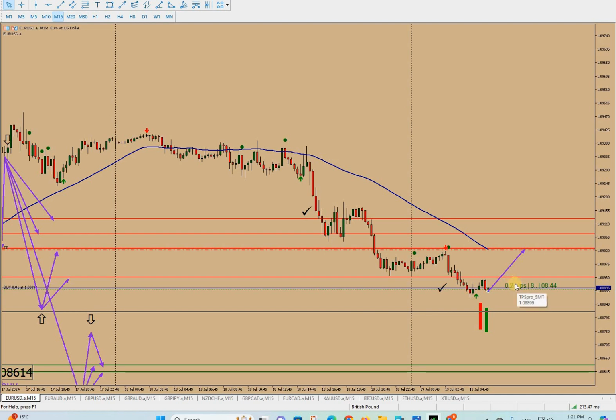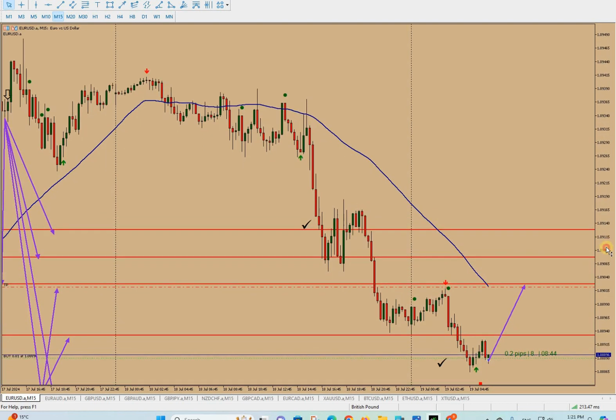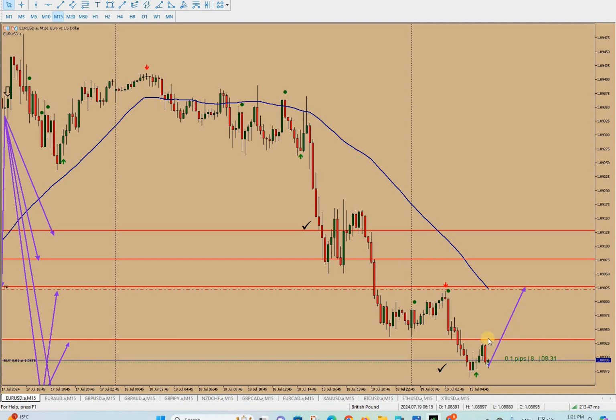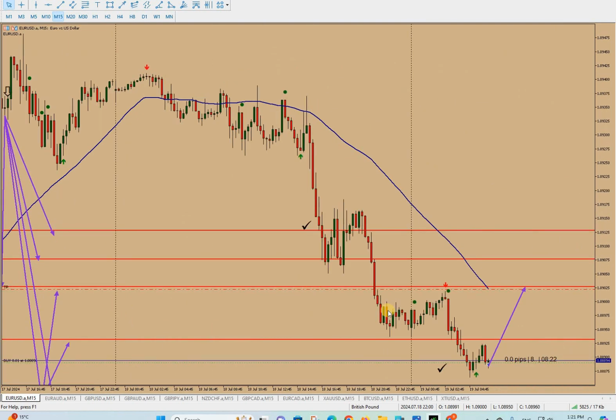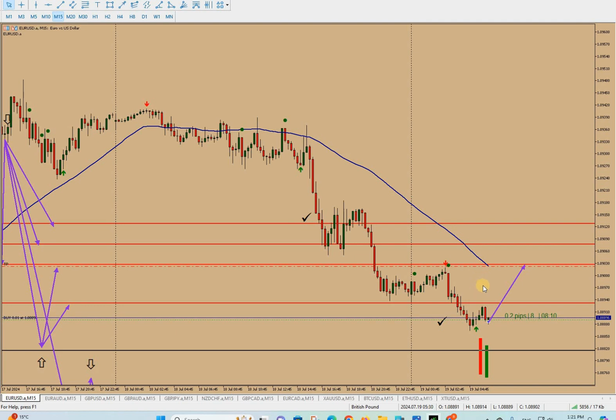At the moment we are in profit, and hopefully price is going to go. The normal way is here. I should actually put the take profit here, because this is a very strong level. It might bounce back and go down, and then eventually come up. But I put it on the second one, as I said to you before in the video, you can watch that. Now you can see it is moving. So hopefully, if everything happens,